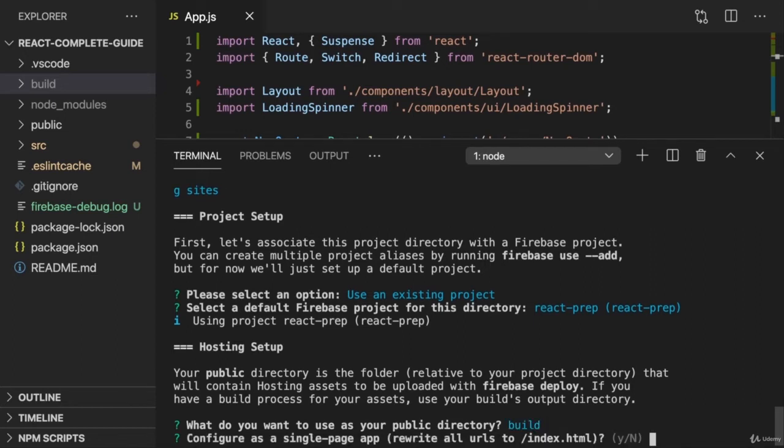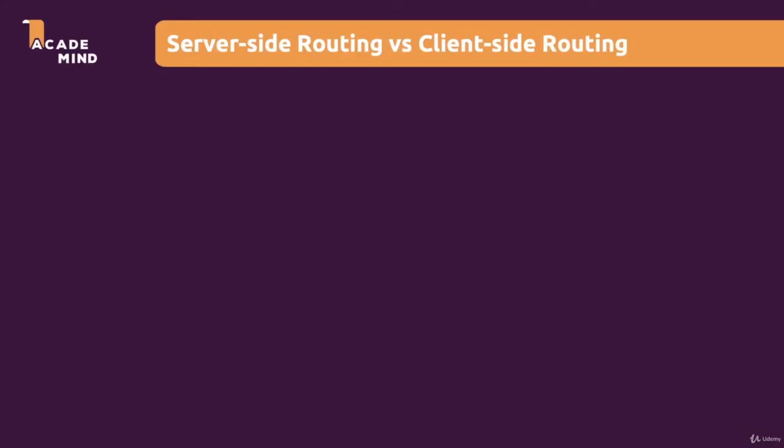Now, as a next step, it conveniently asks us whether we want to configure this app as a single page app, so if we want to rewrite all URLs to index.html. But that can be a confusing question here. Why does this matter and what is it about? When deploying a single page application, it is important to understand that there is a difference between server-side routing and